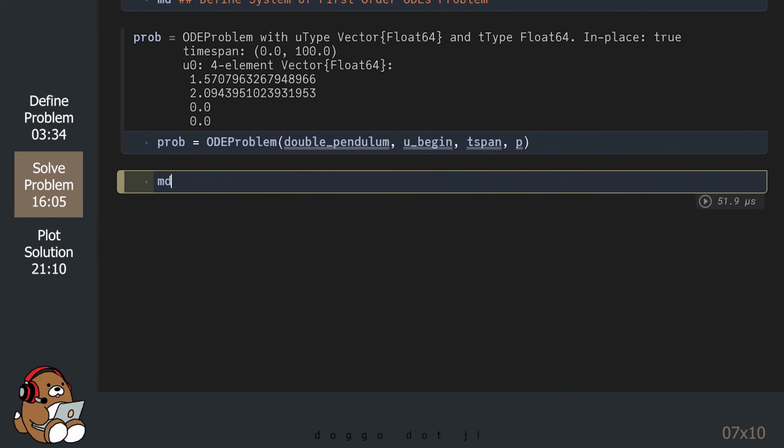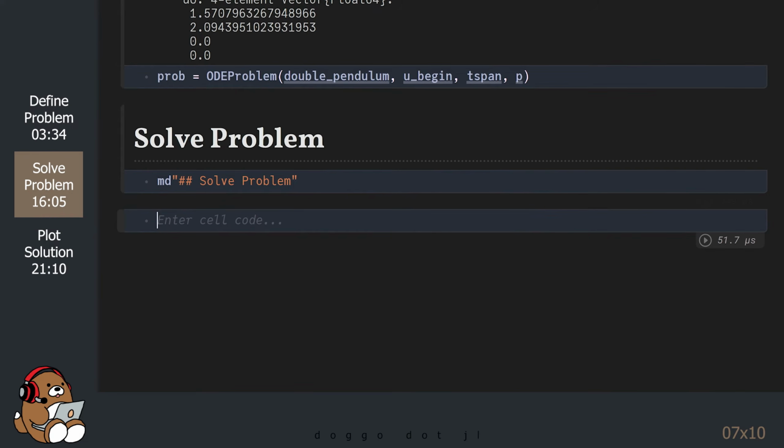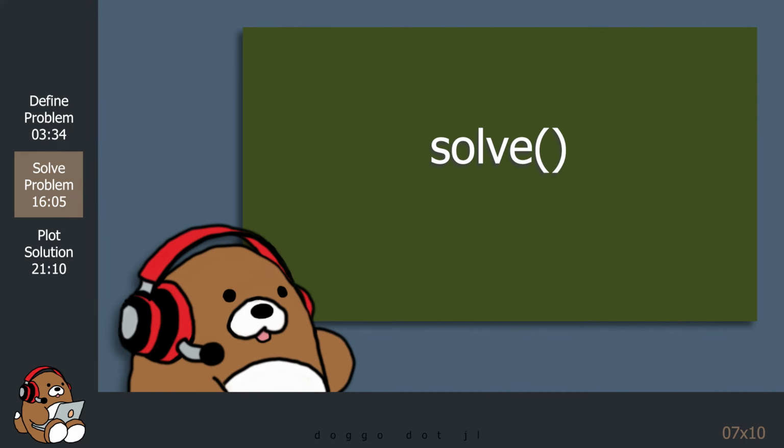Like other problems that we've seen, we can solve the double pendulum problem just by using the solve function. When using the solve function, you can specify which solver you want to use. The DifferentialEquations.jl package comes included with many different solvers.